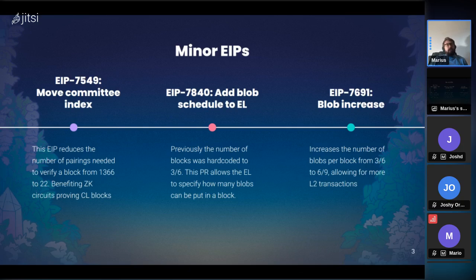I'm not an expert on the consensus layer, but it will reduce the number of pairings needed to verify a block quite significantly, and this benefits ZK proofs that prove the CL block. There aren't many ZK circuits currently around that prove CL blocks, but